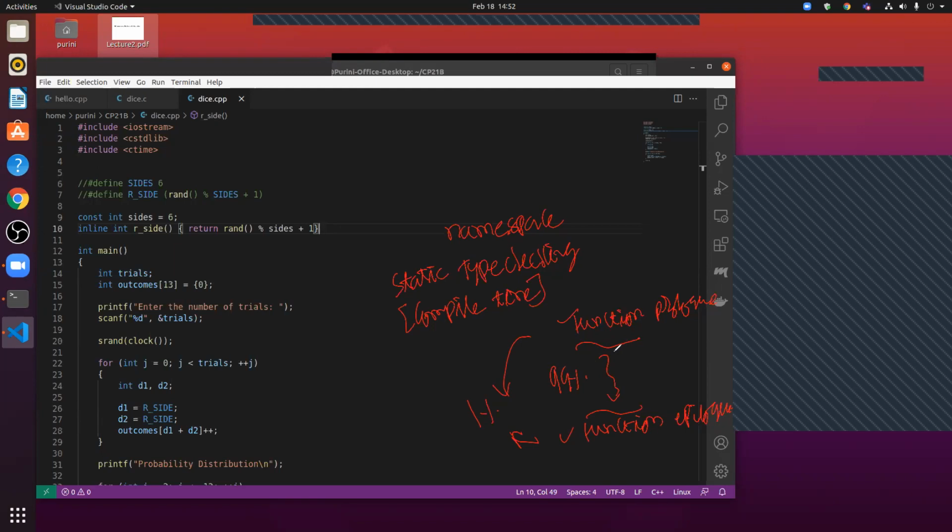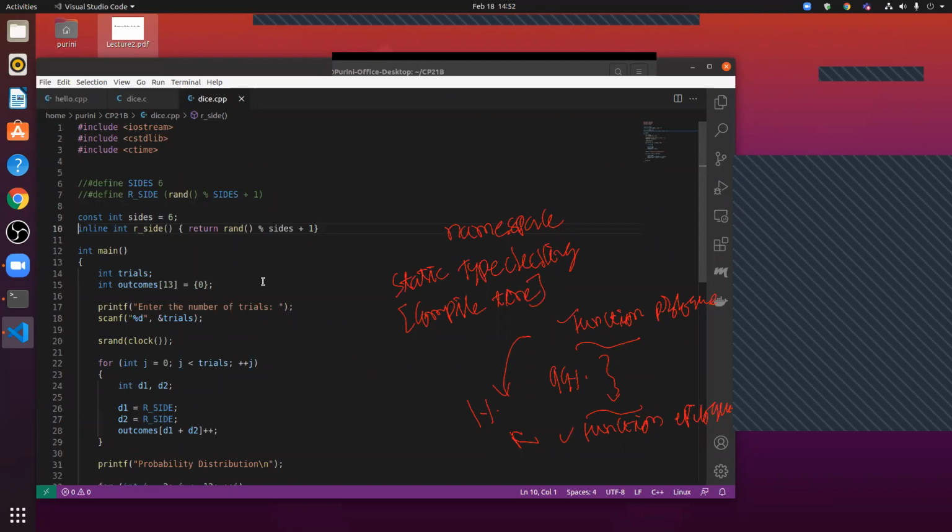At the same time, we would like to use functions so that our code looks modular and neat. So how do we solve this problem? We tell the compiler, I am using this function r_side for modularity and code cleanliness reasons, but you attach this tag inline.